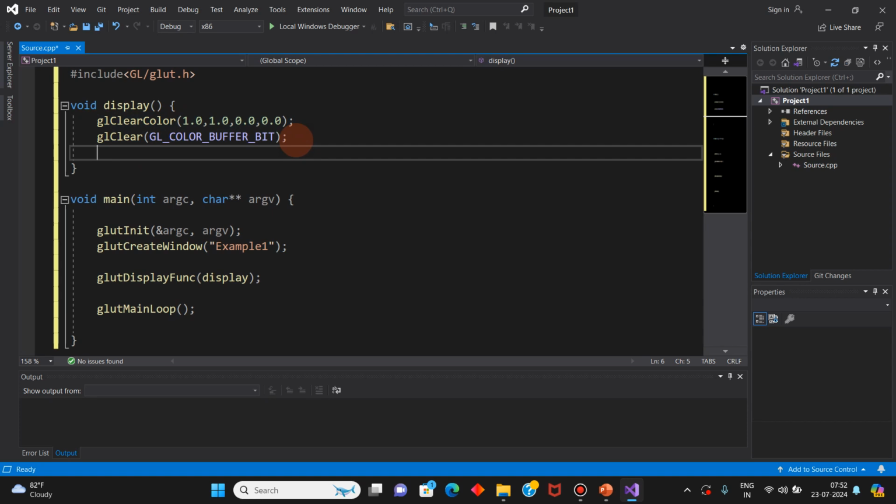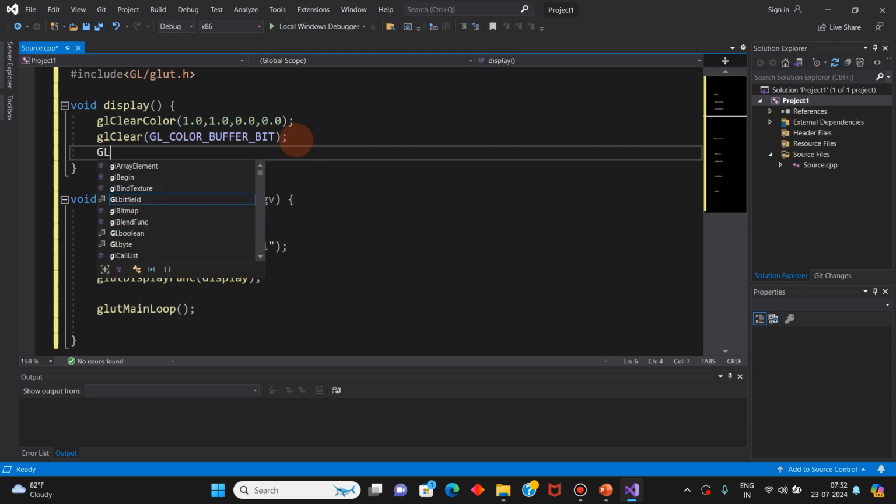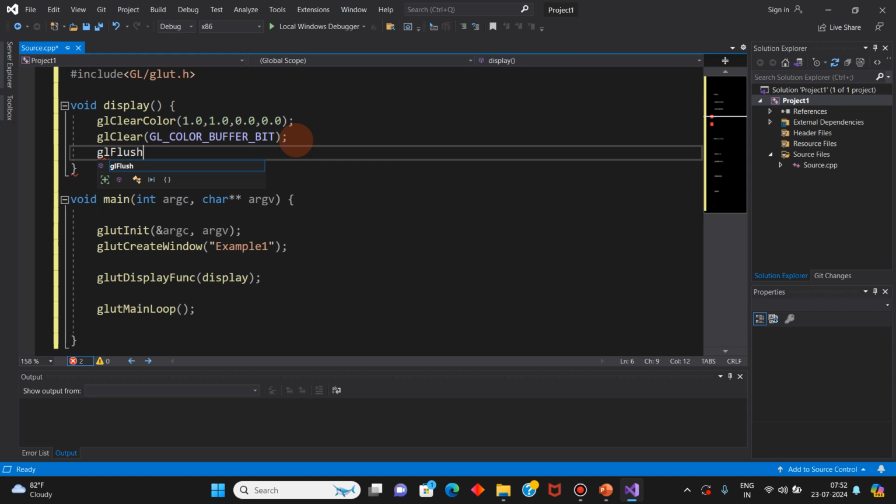Now we will write glFlush. This function tells OpenGL that whatever code was written before this line, if you have not executed it, do it immediately. So the effects of all the previous code will be displayed immediately on your graphics window. So this is the code.